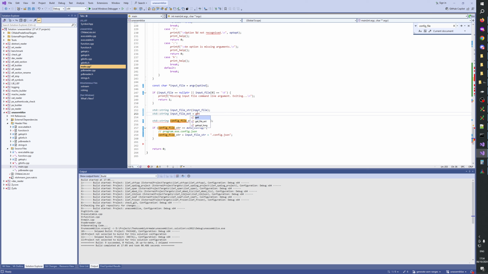Then we do get file ext input file str. Okay, and then we put this one here, and then so we have